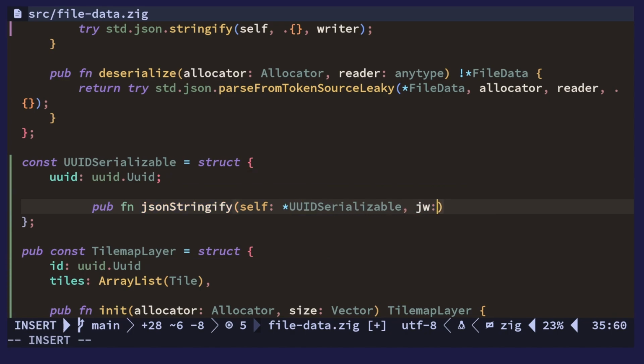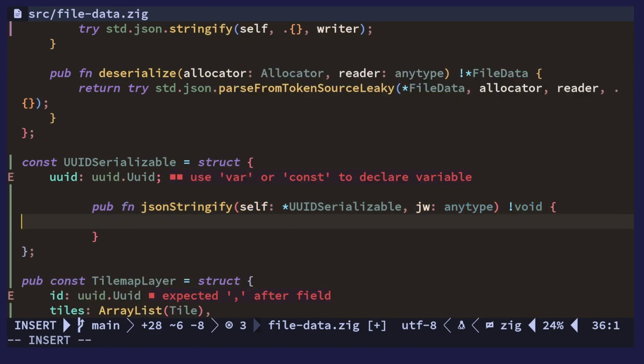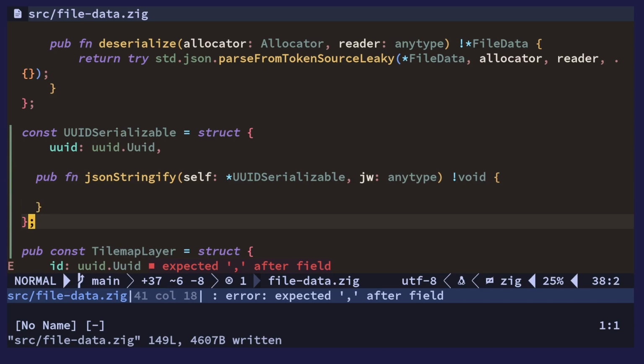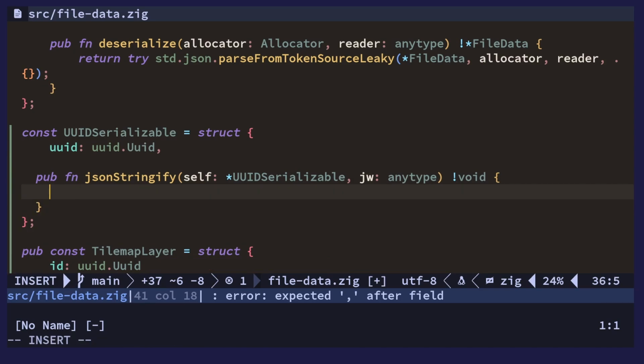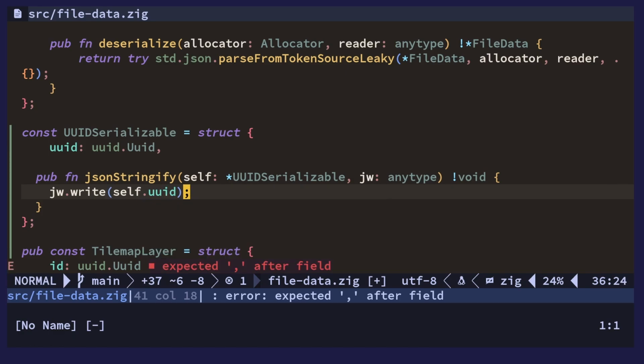And then you have the JW. Okay, and then you would just write self.uuid. Well, actually, yeah, that's it, because it's a U128. It should be serializable. So,